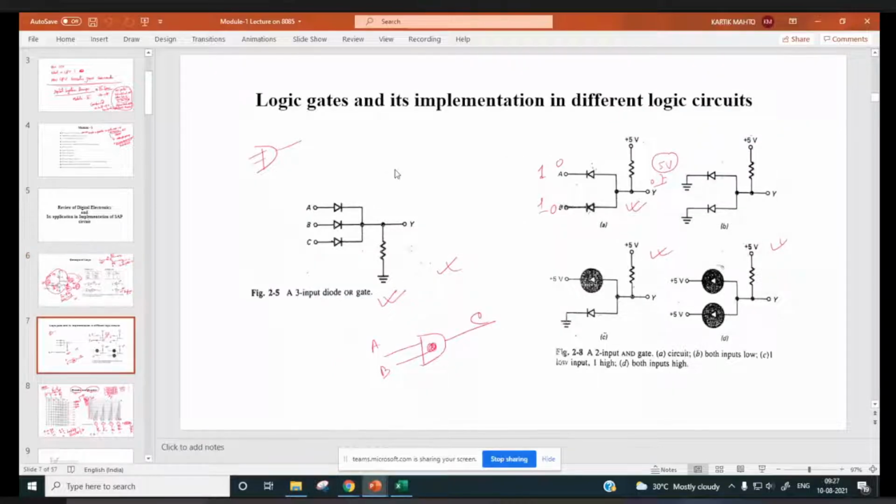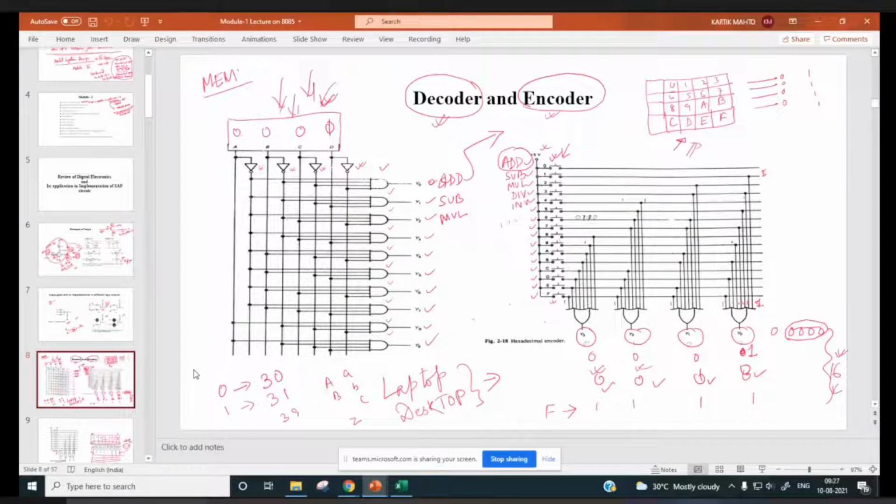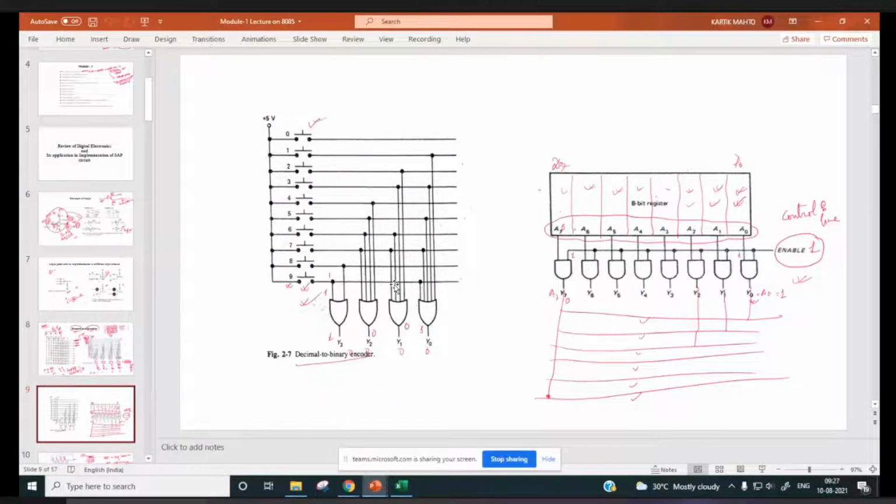Then how different logic gates can be implemented, and using logic gates and the inverter circuitry, we can design encoder and decoder. All these circuitries are used in a computer system. Again, here you can see decimal to binary encoder, in fact a keyboard encoder, 0 to 9, and if you press the 0 key, then 00 will be generated. So this is how keyboards are encoded.